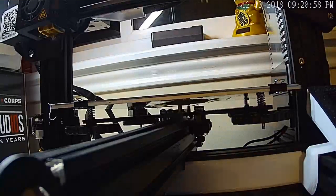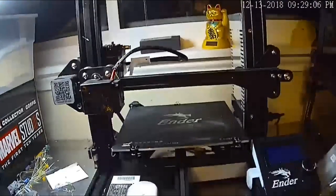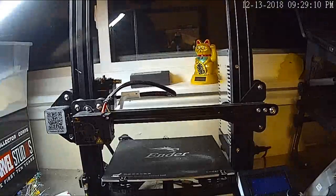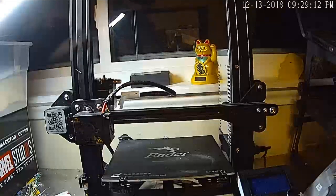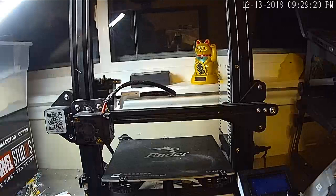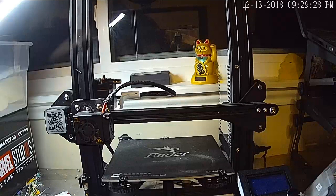Move my camera stand back. Try not to move the camera around too much. Alright, so I need something small enough but strong enough. Okay. I wonder